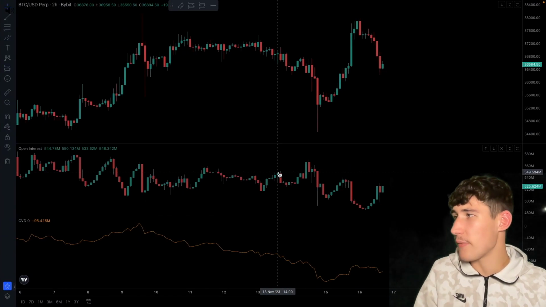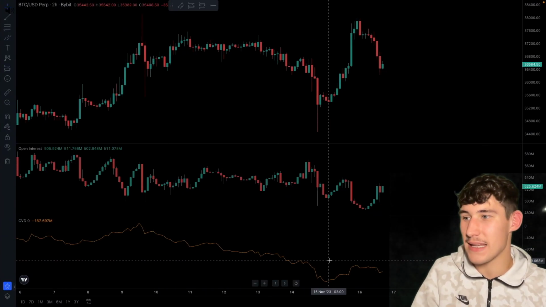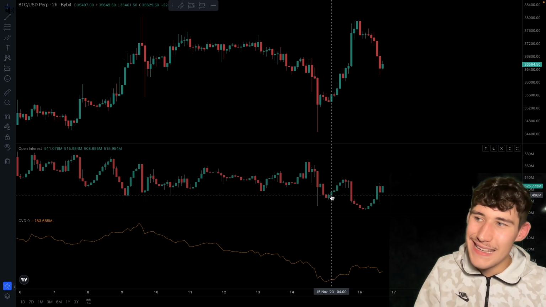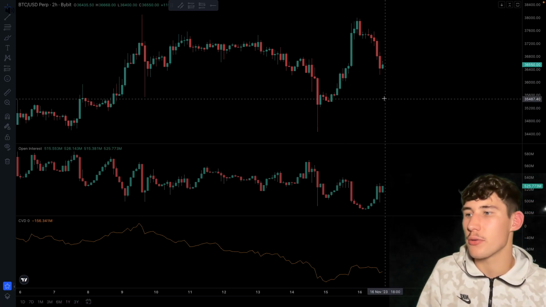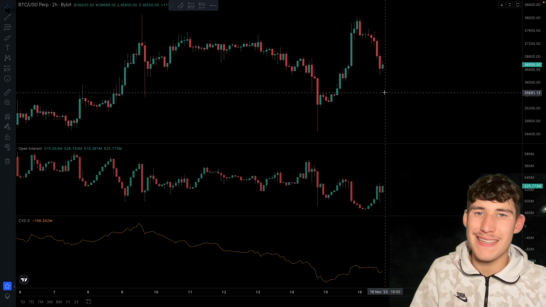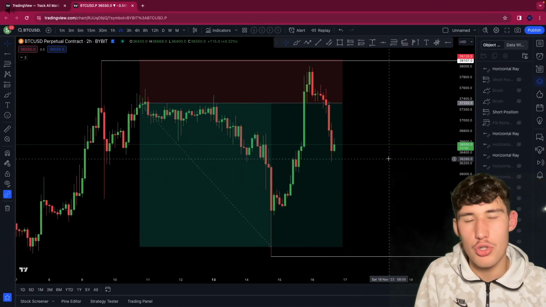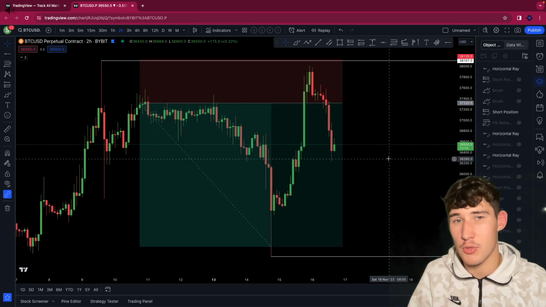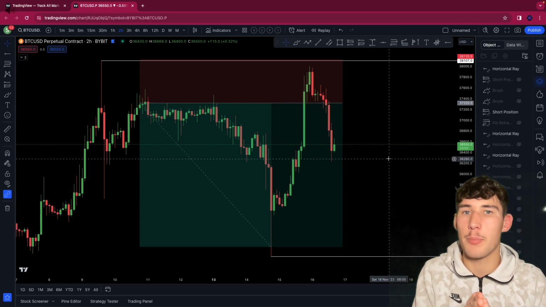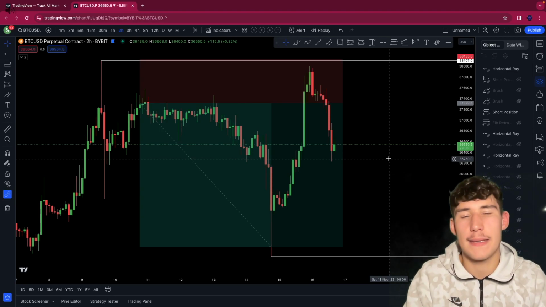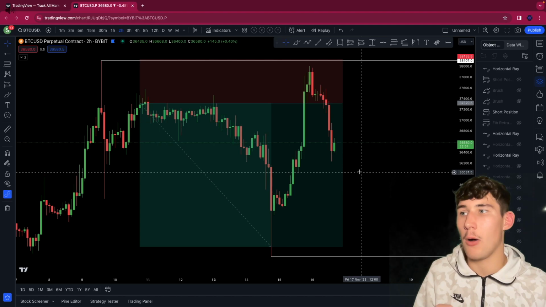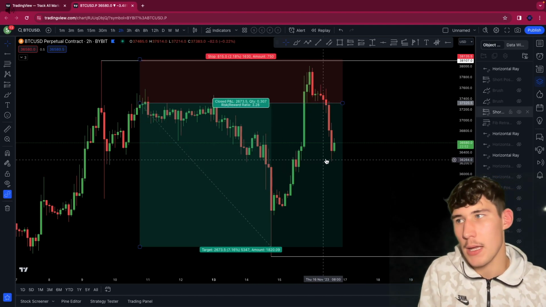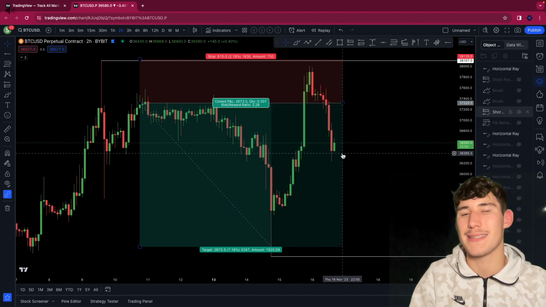And let's just have a look at the open interest and the CVD. What is that doing? It isn't really giving us any indication on what price is doing as of right now. So where I sit right now is just very neutral. I'm short and I'm chill, and I'm just waiting for price to give me some indication on whether to enter into a new long or a new short position, because right now there is nothing telling me that price is going to go up or price is going to go down.